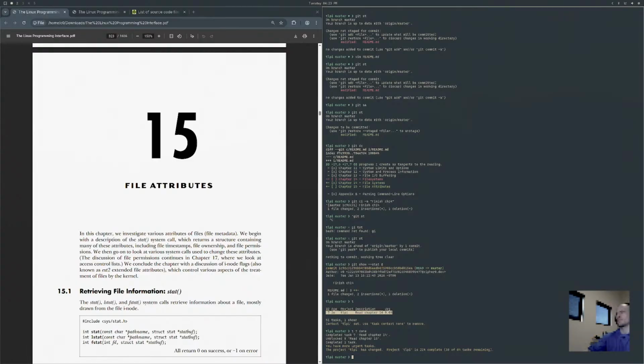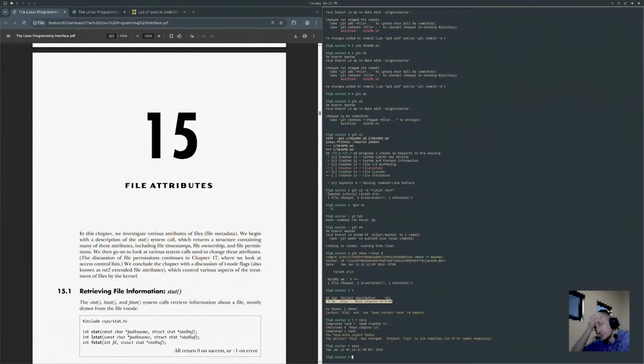So we are 21% complete. That means we're officially 1/5 of the way done with this book. Look at that, 1/5. It's going to be a long haul. What's today's date? It is the 13th. Damn, we're already like 13 days into the year.